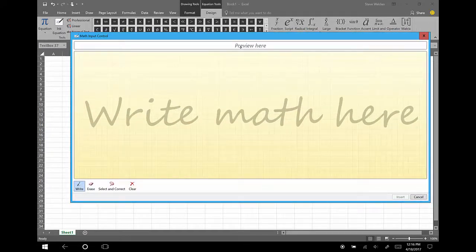You've got the preview area at the top, the area that you write in the middle. At the bottom you have 4 controls: write, erase, select and correct, and then clear. I've really only ever used write and erase. So let's write in an equation real quick. Let's do the correlation coefficient equation. R